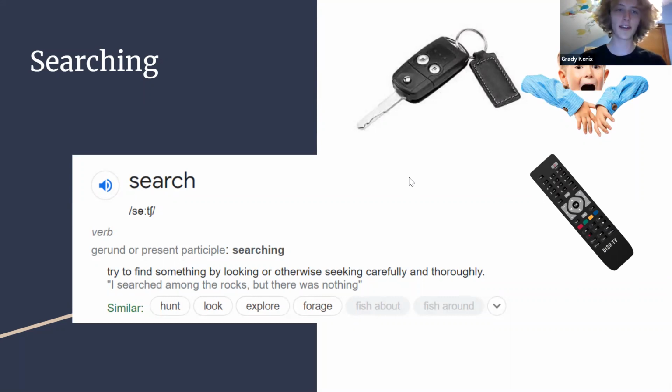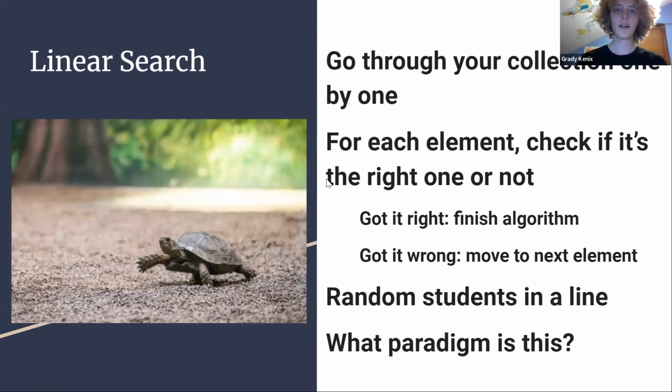So searching is when you do that. Just going through this real quick. Linear search is a way to, if you have a bunch of items and you want to find a specific item in that collection,